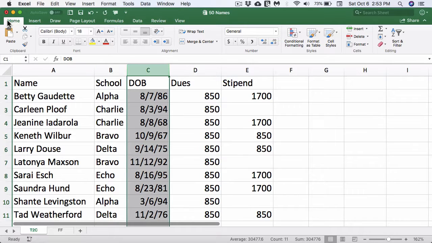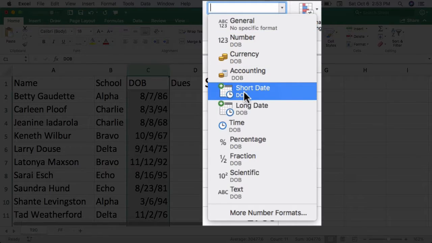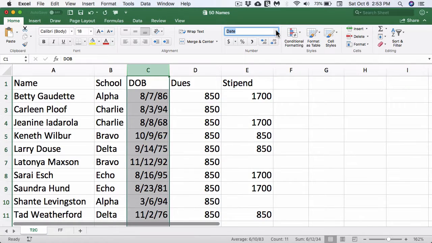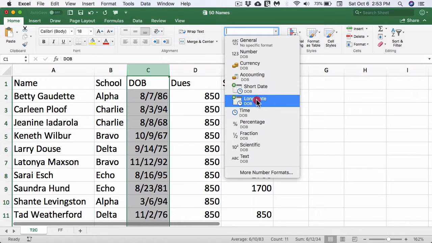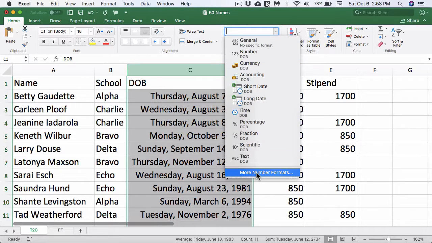So I am in my Home tab, come over here to the number group, and I could come up here to this box and click on this pull down, and for the date, I could do a short date. That's what I have now. I could do a long date. That is just gruesome. I don't really want to do that. So what I can do is come up here and go down to more formats. And if I click on that,